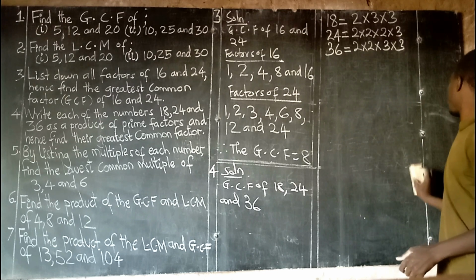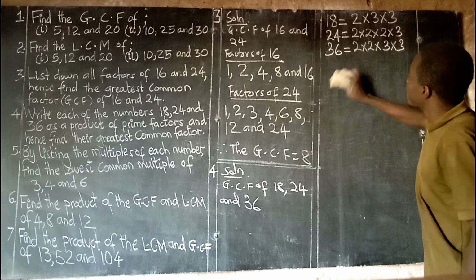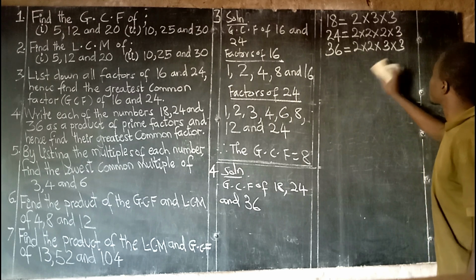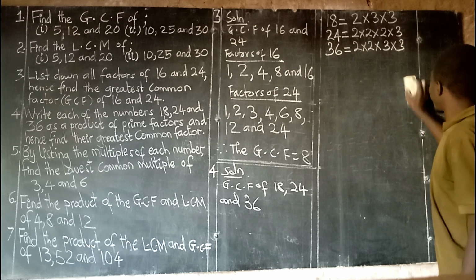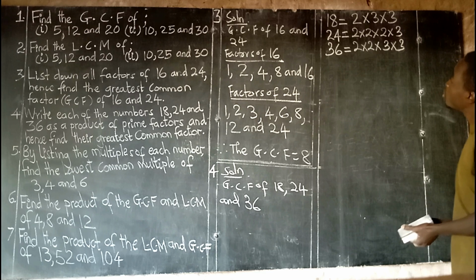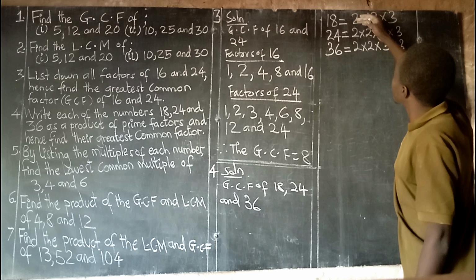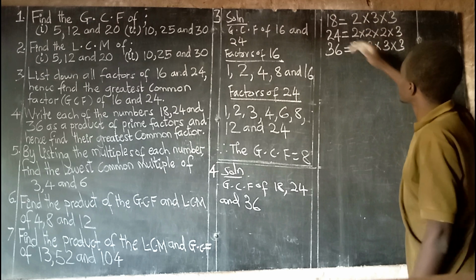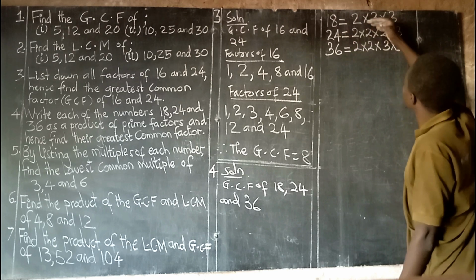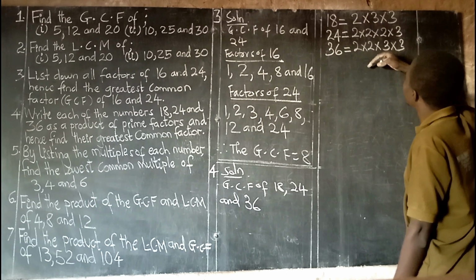After that step, we are in the position of judging which is the GCF for all the 3 numbers by using these prime factors which we have obtained. How do we do it? Let us see. Now you have to pass across all the given numbers. After passing across all the given numbers, pass across their factors. After that, take